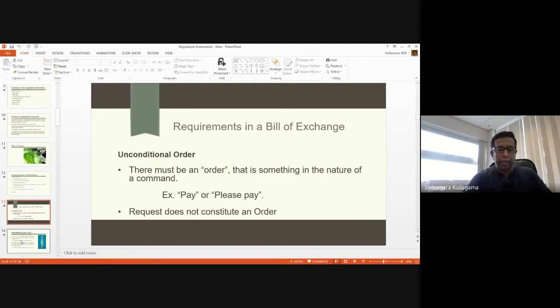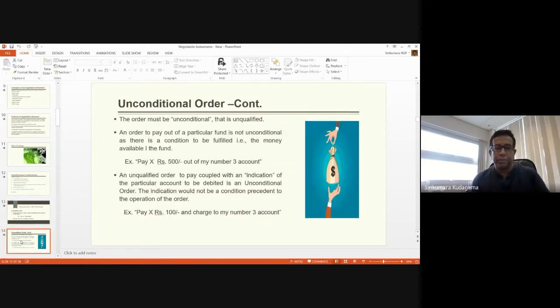That order needs to be unconditional. It should be unqualified. There cannot be conditions attached to the order. You'll see there are 2 examples given. An order to pay out of a particular fund is not unconditional as there is a condition to be fulfilled. The money available